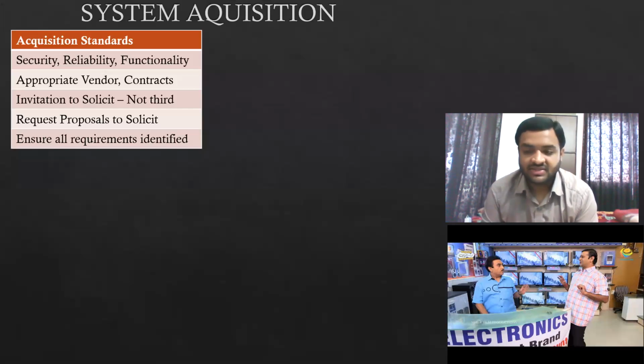Now you can understand why they are taking so much effort, because a lot of money is involved, and if the security, reliability, and functionality requirements of a software are not met, it may lead to problems in the future stage. If you want to buy a laptop or a TV, tell me, what are the measures you take on your own? Or a smartphone, what are the measures you will take on your own?